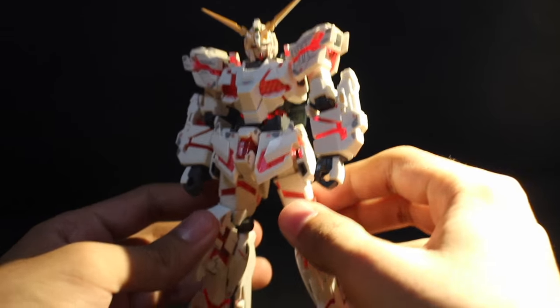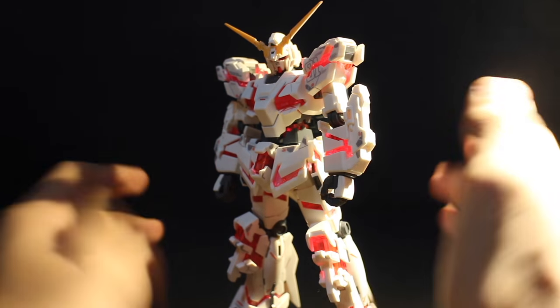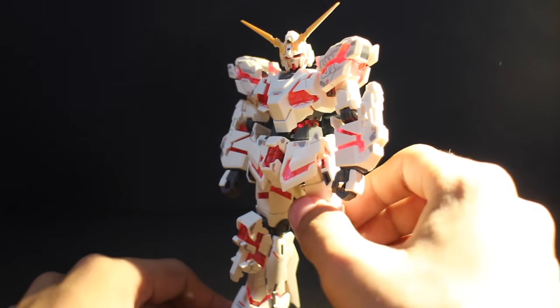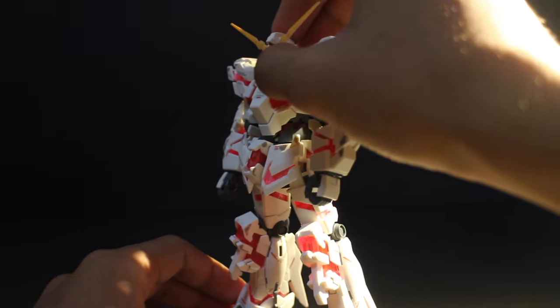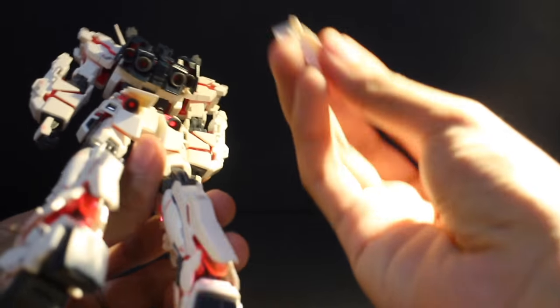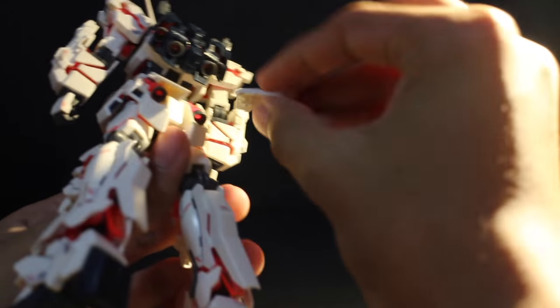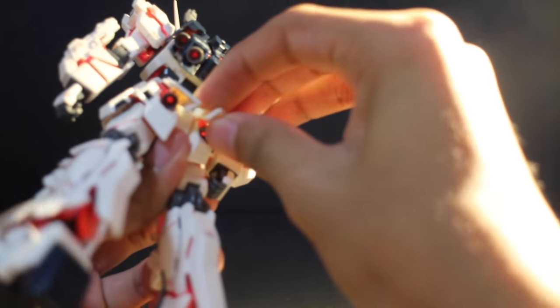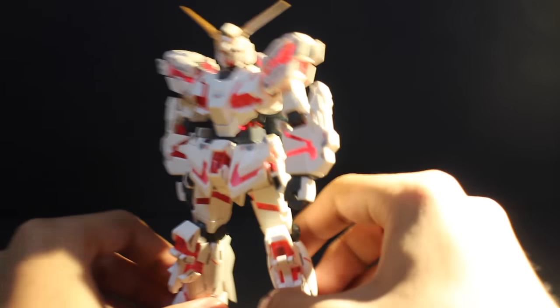So the base kit is a pretty old kit if you ask me. It's back from 2009, so it's about 7 years since it got released. So yeah, pretty much the Unicorn, from the original Unicorn. So that's no problem we had back when the original Unicorn came out. So nothing much to say here really. But yeah,